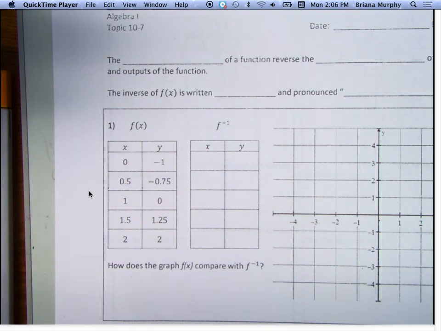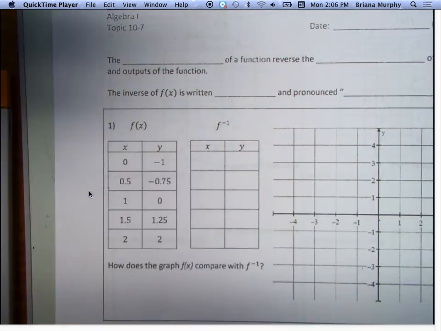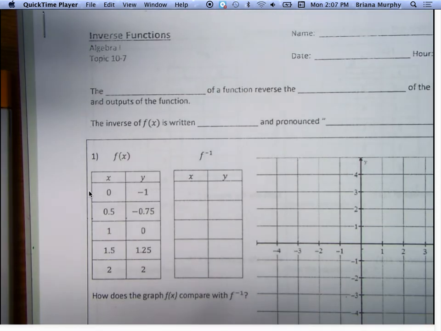10.7. We're looking at inverse. We're going to do inverse graphs today. Okay? So, we're going to start with